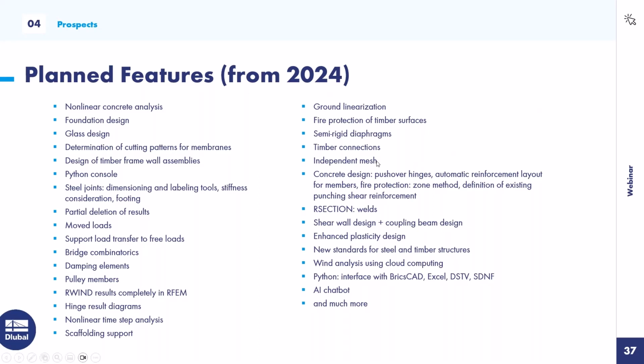Then independent mesh, e.g. for the geotechnical analysis or solid design. Then I forgot semi-rigid diaphragms. That will be an option in the building model add-on for floor elements. Then now I am